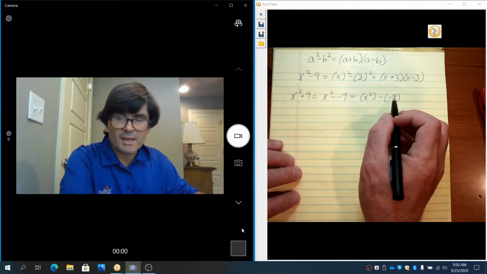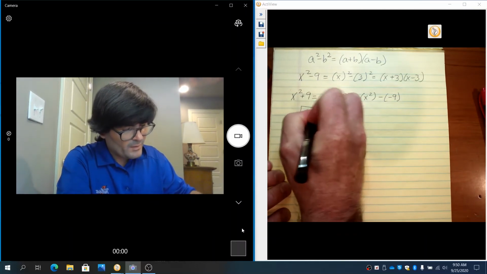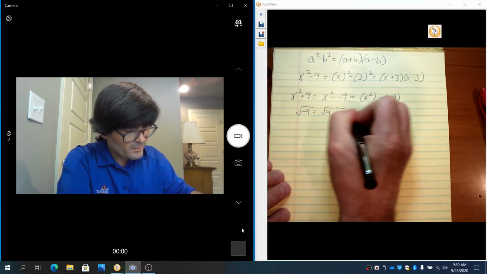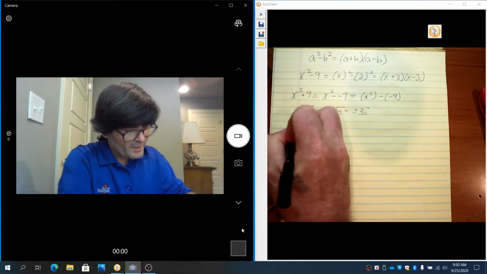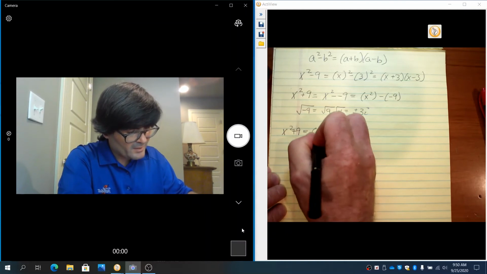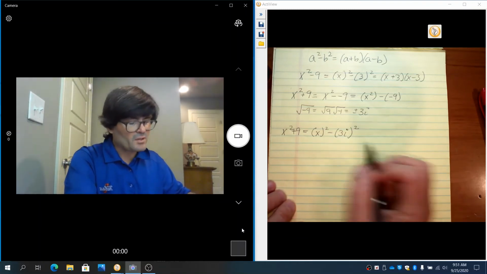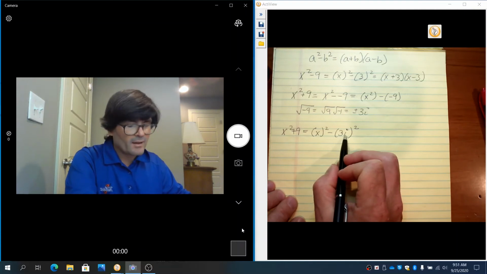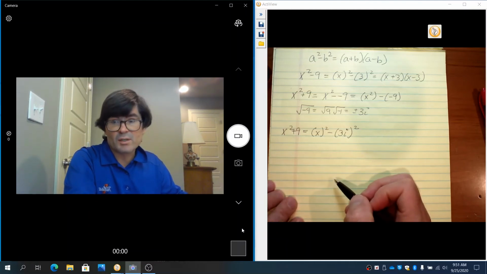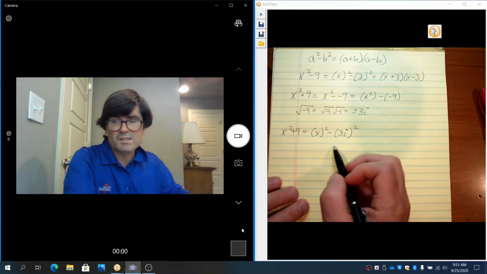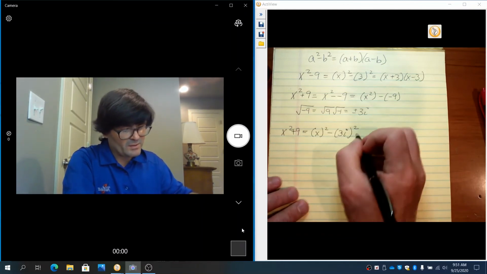So let's just think about negative 9. If you were to take the square root of x squared, that's just x. But the square root of negative 9 is like the square root of 9 and the square root of negative 1. That's plus and minus 3i. So what you have to do here with x squared plus 9 is rewrite this as x to the second minus 3i to the second. If you were to square the 3, you get 9. If you square the i, i squared is negative 1, so 9 times negative 1 would be negative 9, and then the negative makes plus 9. This is real tricky, but we're just forcing that positive 9 to be minus negative 9. And once you have this written as the difference of two squares,